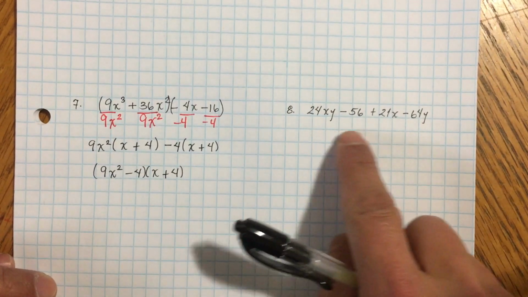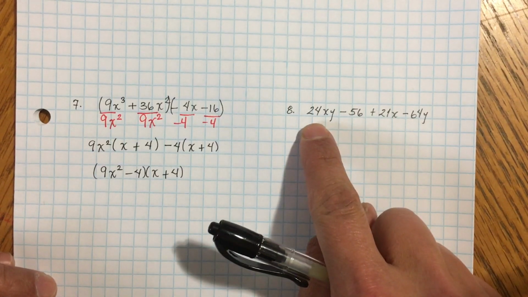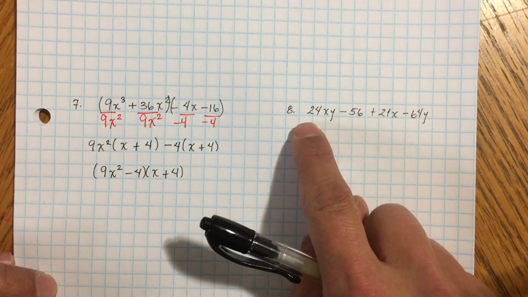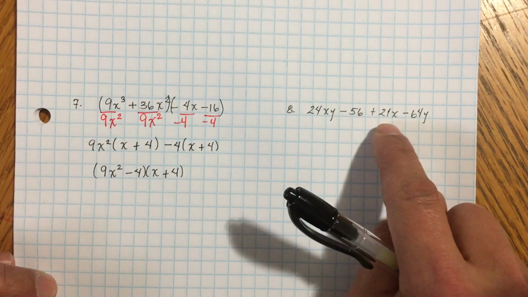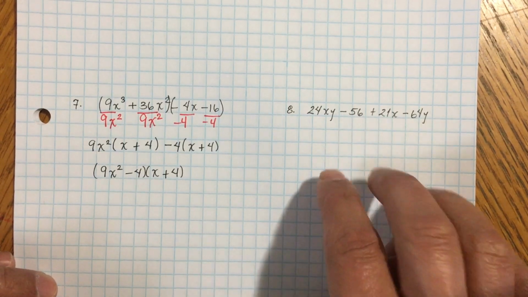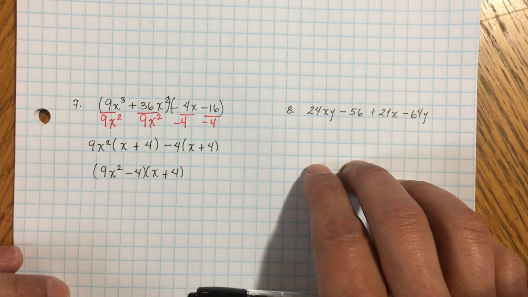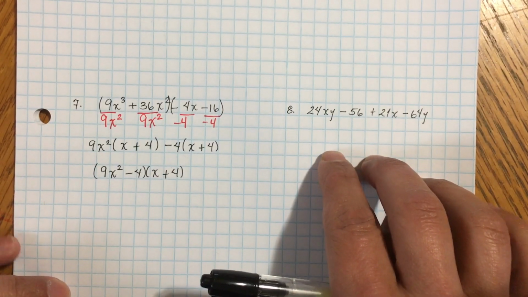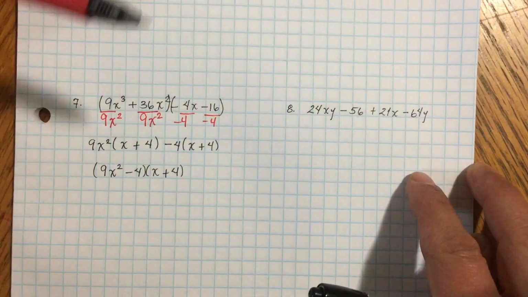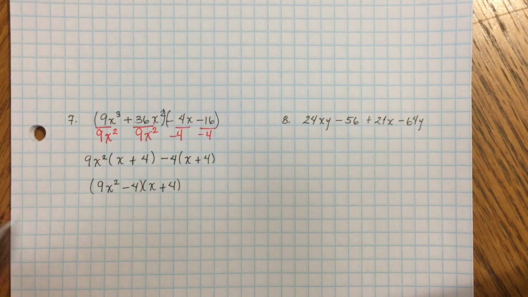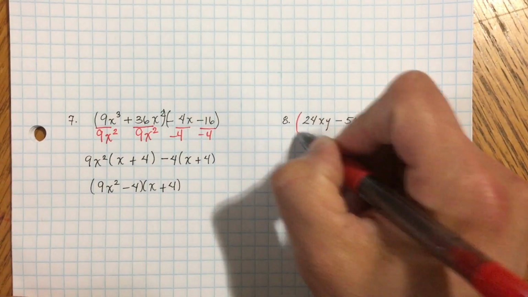Same thing, is there a common factor? What about 6? The 6 doesn't go into 56. What about 4? 4 goes into this one, but doesn't go into 21 or 56. So we're just going to go ahead and leave it. Now this one's a little bit interesting, and I want to just do it like we normally do and see if this is kind of like a level 3 problem, because you've got to think a little bit about it. So we're going to go ahead and factor here, group it,